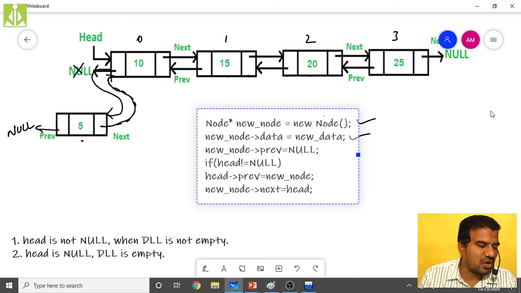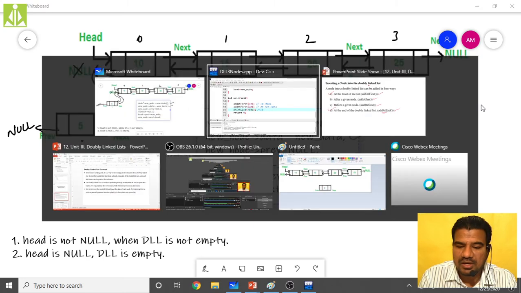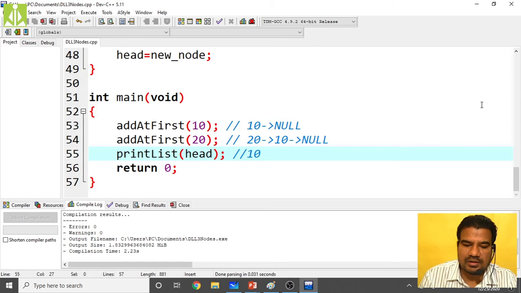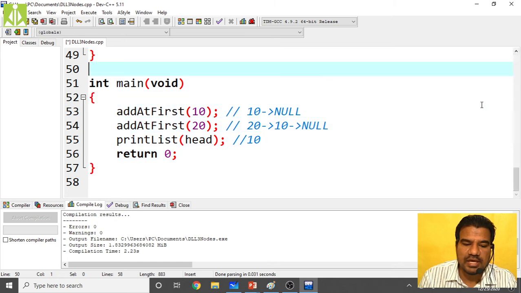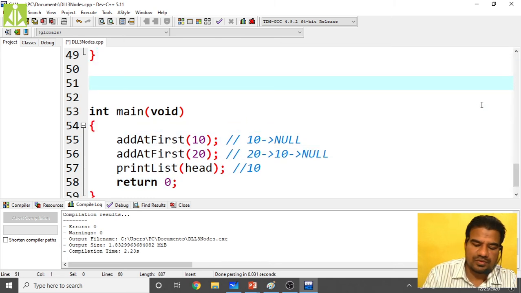So to do that, the concept is very simple. How many lines of code do we have to write? We have to make our temporary pointer reach the last node, and when it is at the last node, we have to do the insertion part. We have to do the insertion part when it is pointing at the last node. So quickly I'm writing that code.